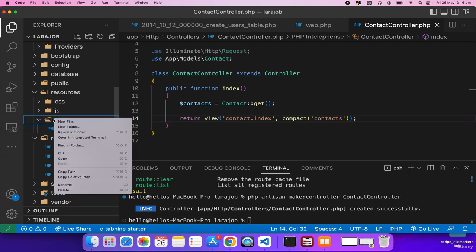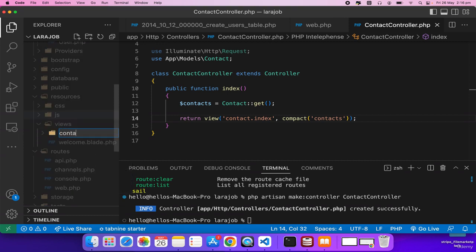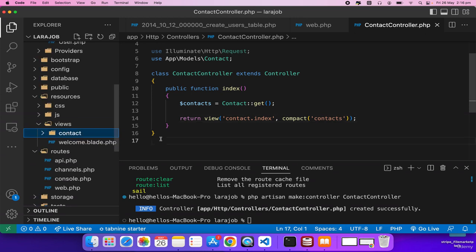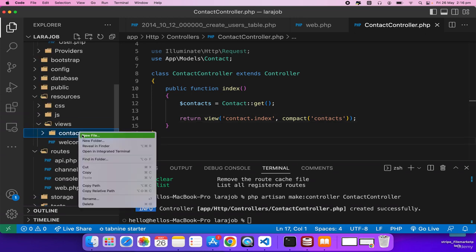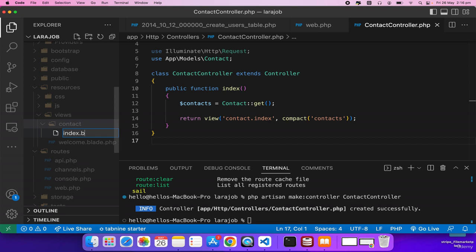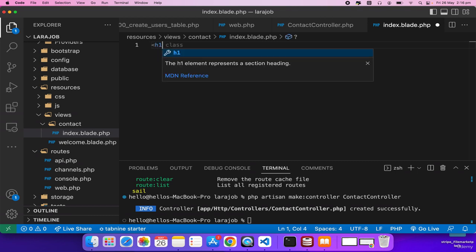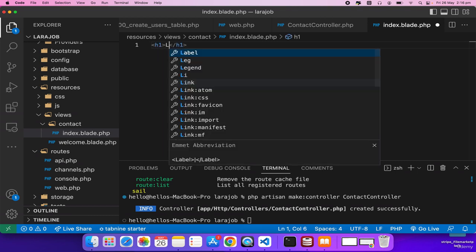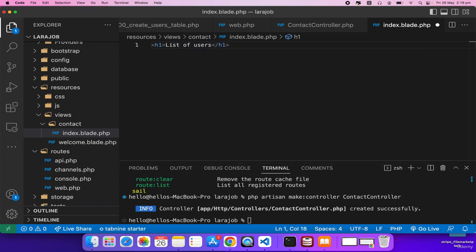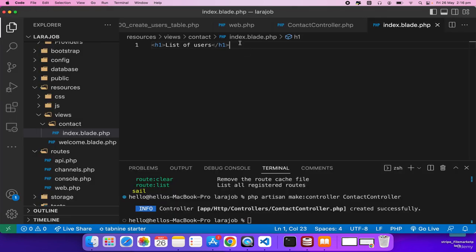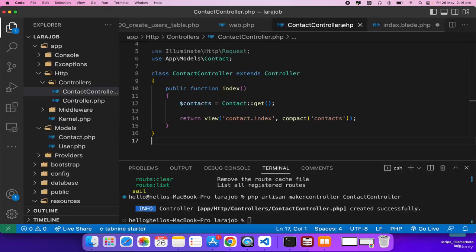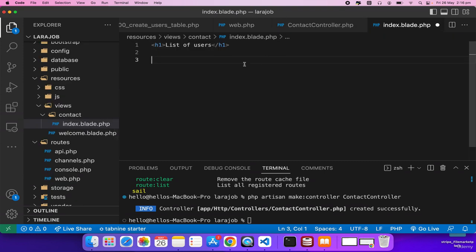Okay, so we will first create the contact folder, and within the contact folder we'll make the index.blade.php file. Now here should be the contact. So first thing, let me write an h1 tag and let's say list of users, and if you refresh we'll see the list of users. And now since we have the contacts variable that fetched all the contacts from our database, now we can easily loop and get this. So now